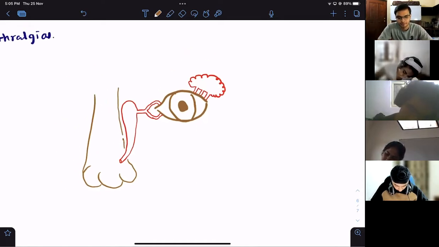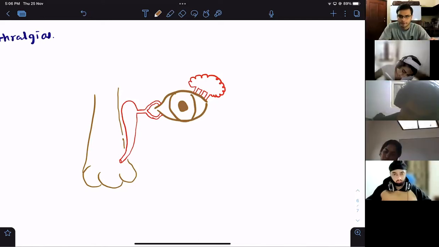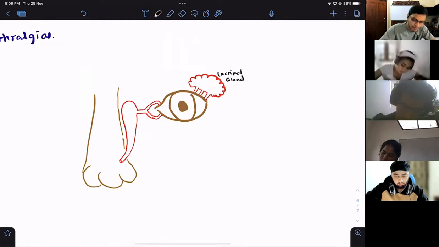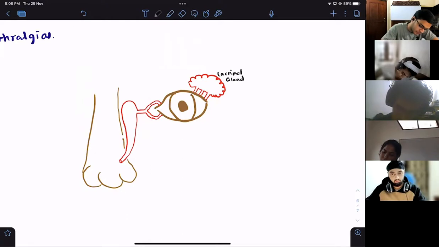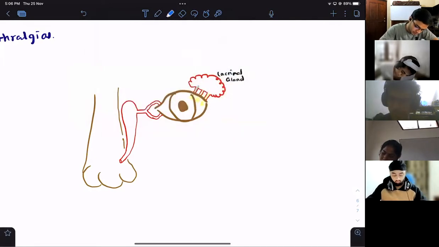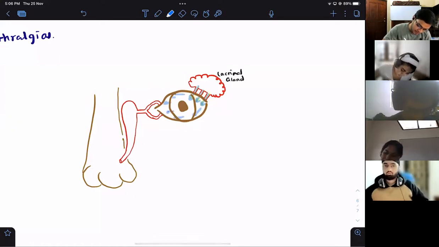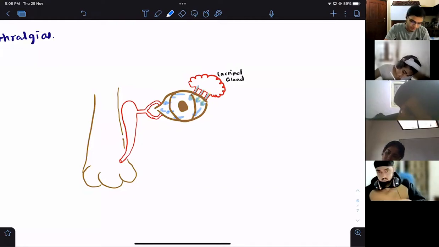Draw this. We will name these parts just to learn some anatomy here, so that we can correlate it with the pathophysiology that's going on. So this one is the lacrimal gland. The lacrimal gland will secrete the tear. I will draw it in a blue color or something. This tear will travel all over the eye and reach this corner, the epicanthal area. Now, once it comes here, you all can see,